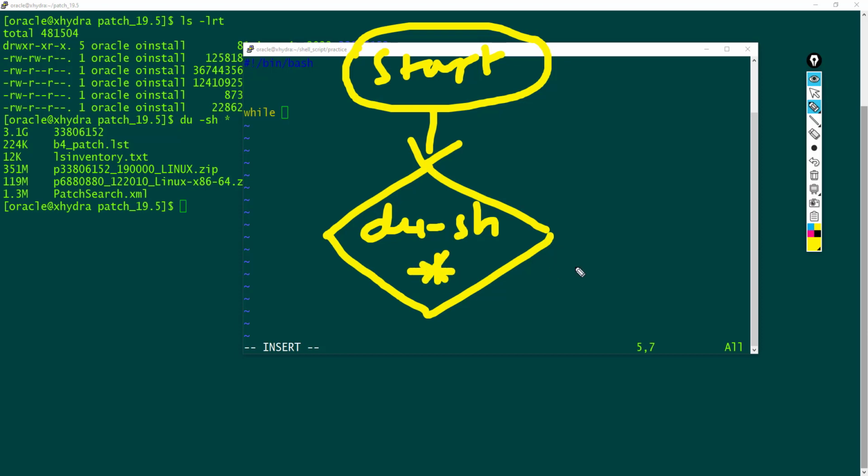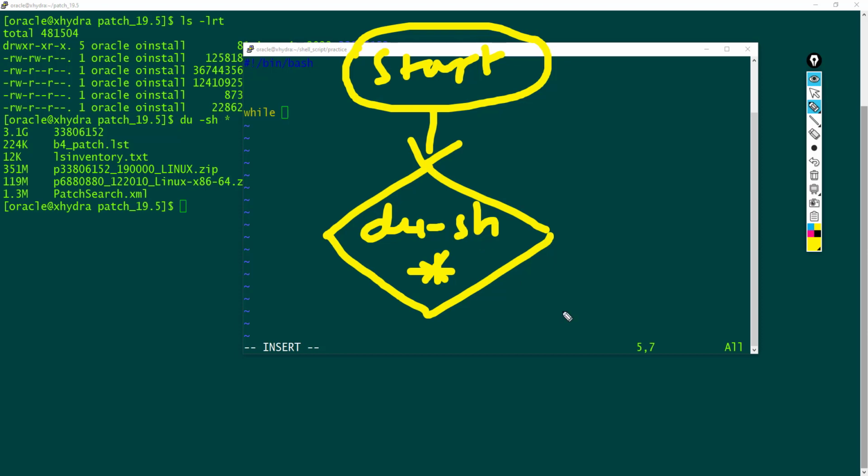Just use this du -sh star command. Then you need to filter with something, right? So we are not going to monitor all the files in the particular directory. We are just going to monitor a file which is very big in size, and that file also grows dynamically,